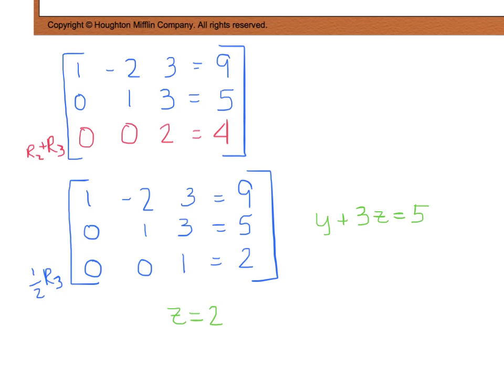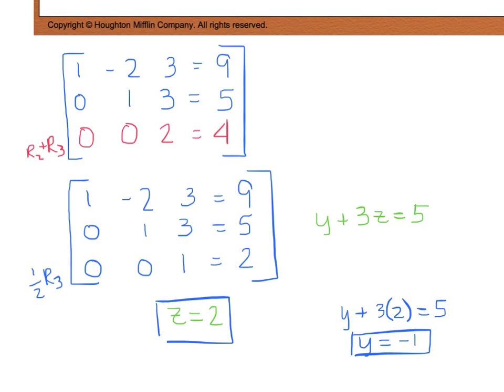So if I plug this z in here, I see that I really have y plus 3 times 2 equals 5, or y equals negative 1. So if z equals 2, y equals negative 1, and because I now know z and y, I can take this equation right here,